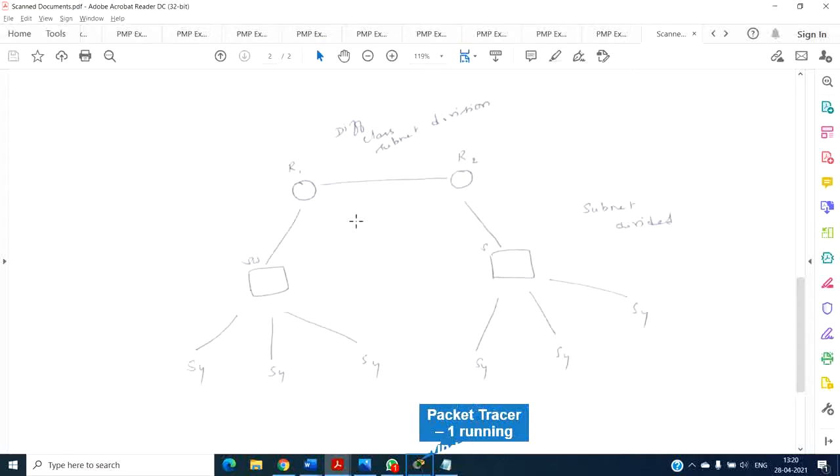So I'll have a combination of routers which will talk to 2 different classes, with subnets again divided into 2 there. So it will be 2 different classes and 4 different subnets which are going to talk here. Let's do it in the Cisco Packet Tracer directly.